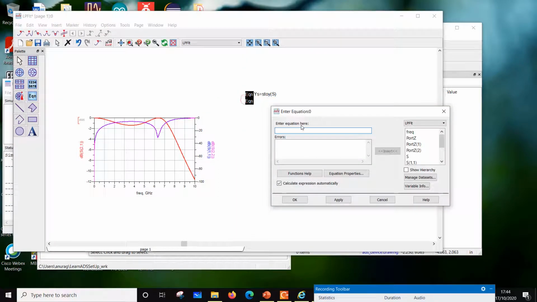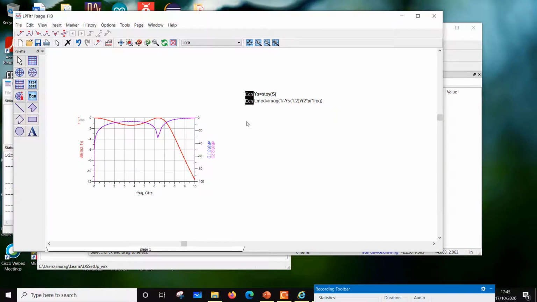So I can say L model is equal to imaginary of 1 divided by minus Ys 1 comma 2, and divided by 2 pi frequency, 2 into pi. There is a variable called pi available, and then this is the frequency, the frequency seed we have done, and say okay. So this is L mod.